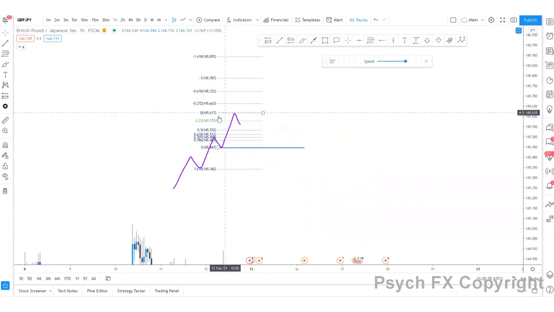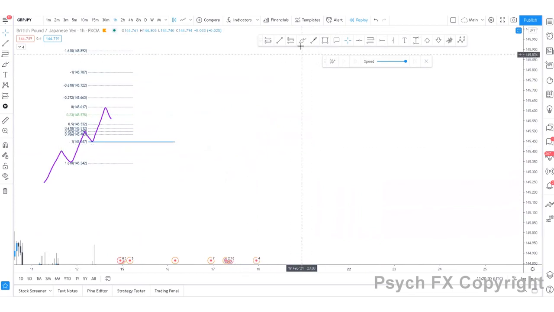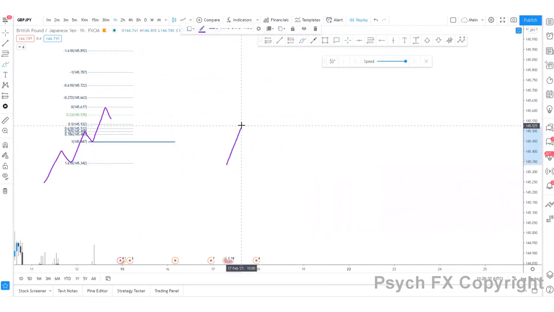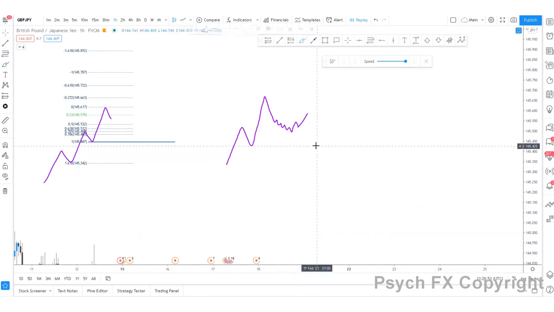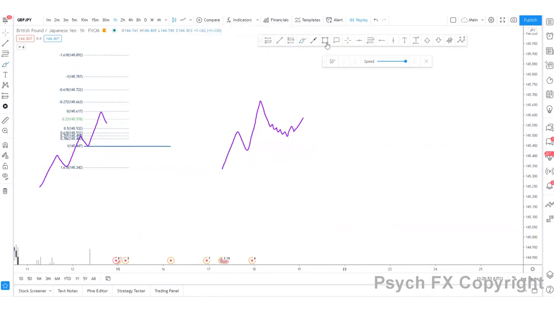So if we were to zoom in to what we're seeing here, let me just draw this out. Okay. We come up, we come down. And as we come up like this and we come back down, on the lower time frames, we're going to have lower time frame structure, little ranges like this. And then, if we see something like this, okay, we've seen structure break. Let me just draw this on so it's complete. Okay. This right here,